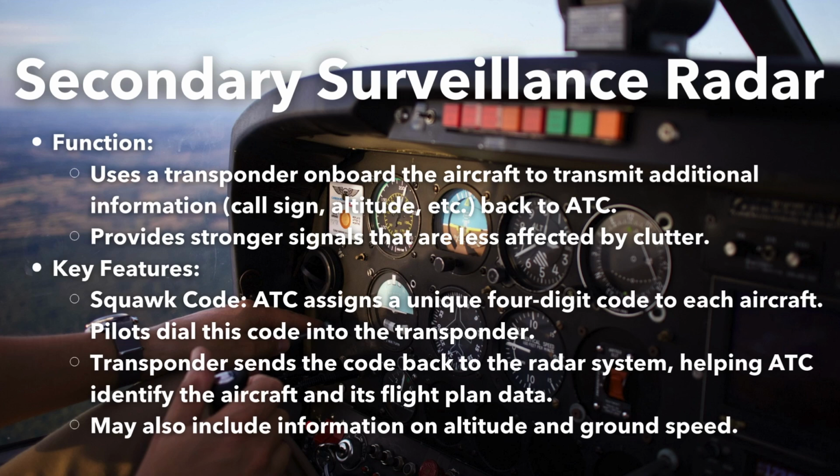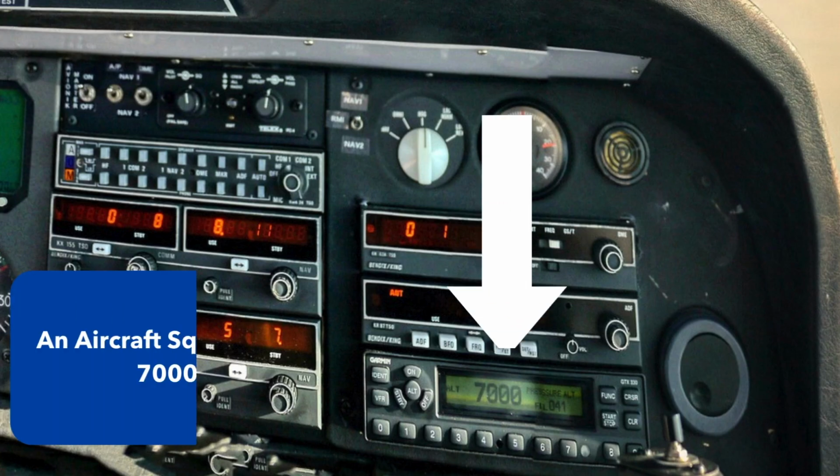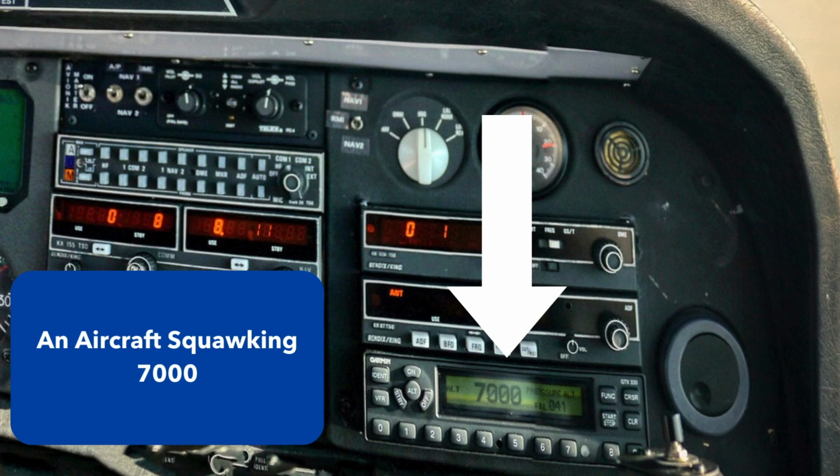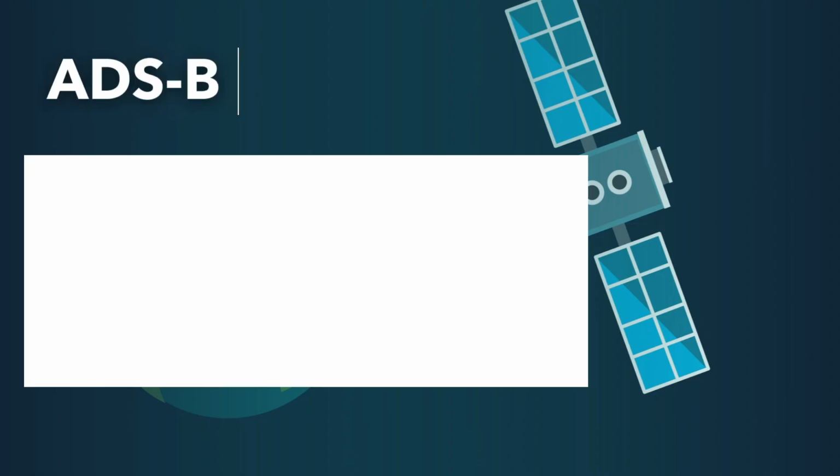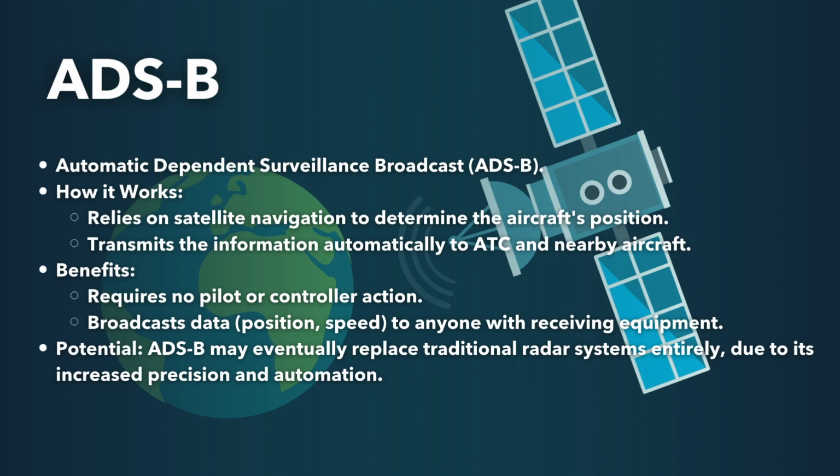The SSR system typically assigns a unique 4-digit code, referred to as a squawk code, to each aircraft, which the pilot dials into their transponder. When the ground-based radar receives this code, it matches it with the flight plan data and displays the aircraft's identity on the controller's screen. In addition to primary surveillance and secondary surveillance radars, newer technologies like ADS-B are beginning to